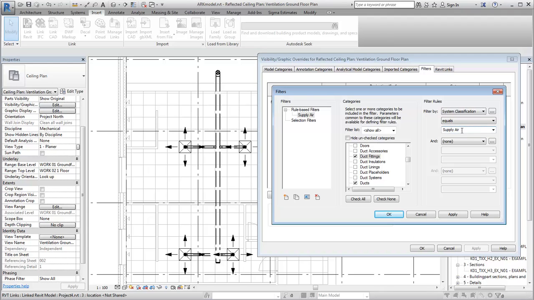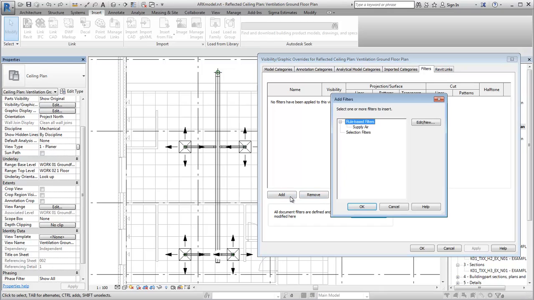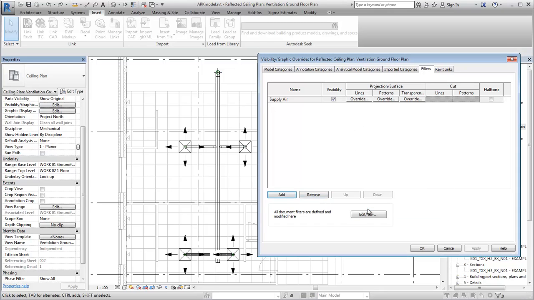So you type in supply air here and press OK, and I will add this filter,